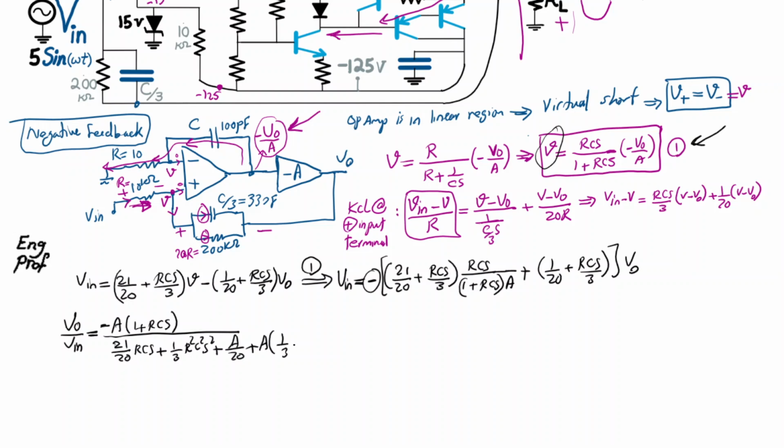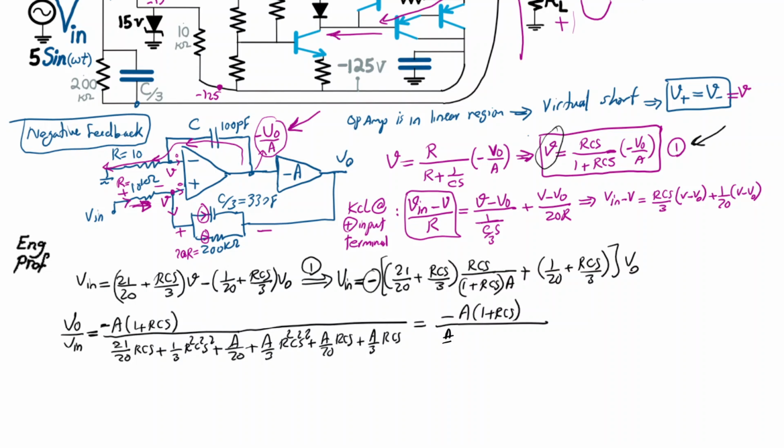and let's just make sure I'm not missing something. I think the best thing to do is just multiply rather than just be worried about. So A over 3 R squared C squared S squared plus we have then A over 20 RCS, and finally we have A over 3 RCS. So what we get out of this one is therefore minus A times 1 plus RCS divided by